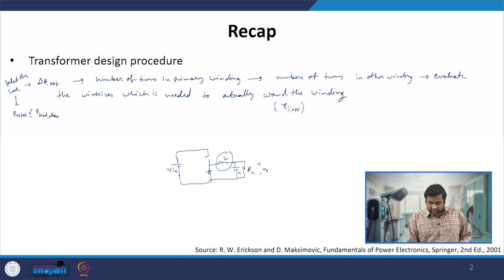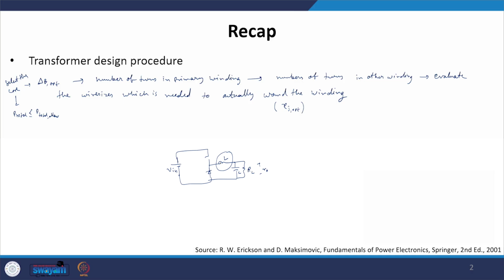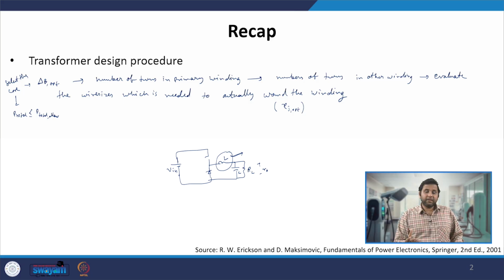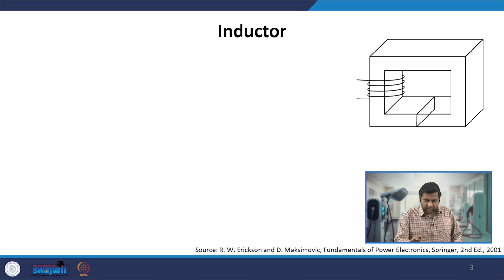This is done to filter out the ripples and smoothen the current coming out of this half bridge. So this is another magnetic device very commonly used in our power converters or isolated DC converters. Let us see how we can physically realize the inductor, because the inductance value we can get from our specification, but how to actually physically realize the inductor, let us see those procedures.